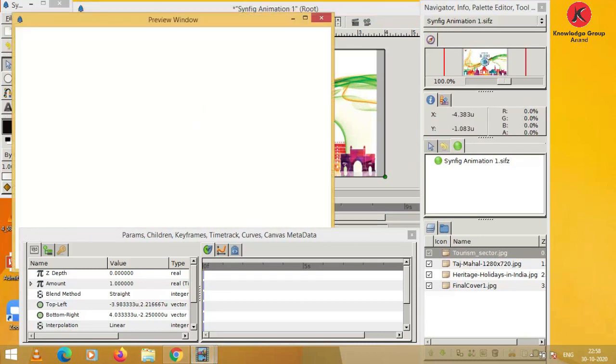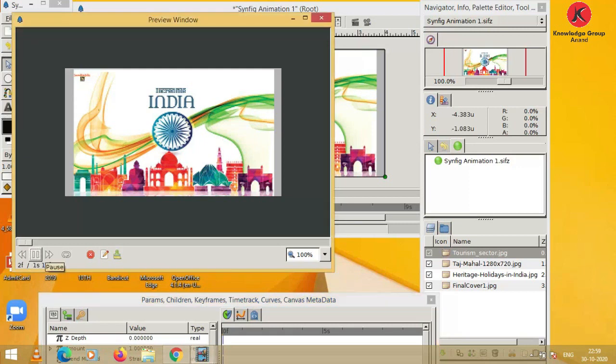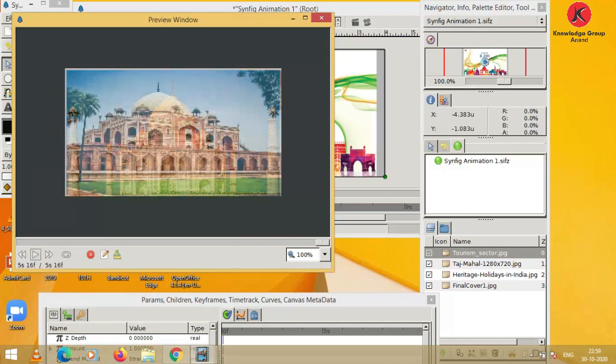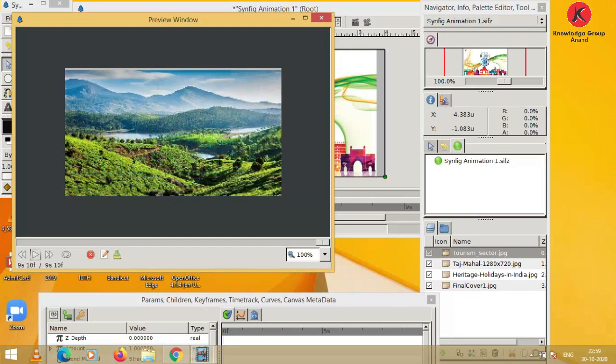Choose play. Then you can see our preview shows our slideshow, one image after another. From the timeline window you can see our animation is for 12 seconds.